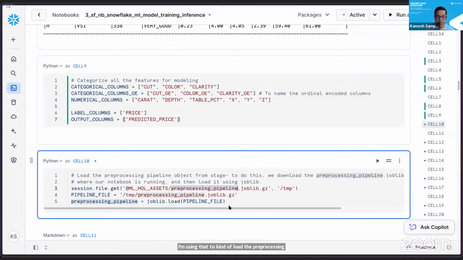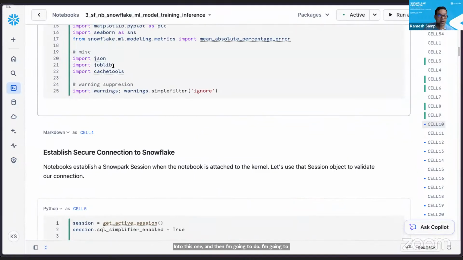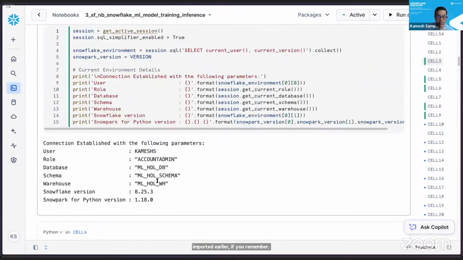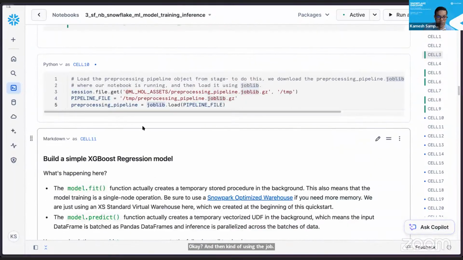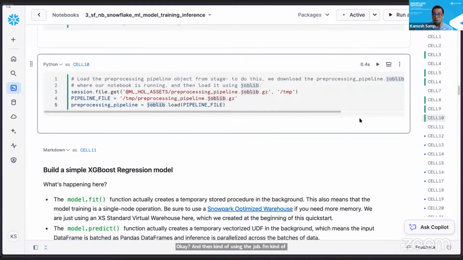And then I'm using joblib, the job library we imported earlier, to open up and load the model pre-processing pipeline here. So this allows you to store, and then you can version. I can store the pipeline in S3 or GCS or Azure storage, wherever you want.